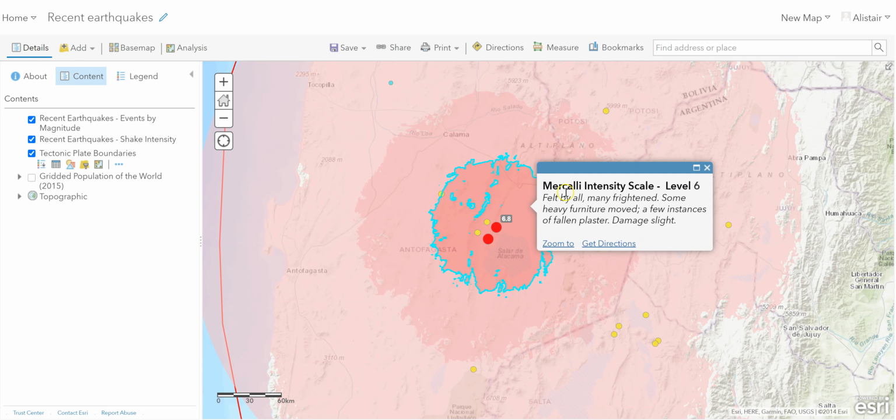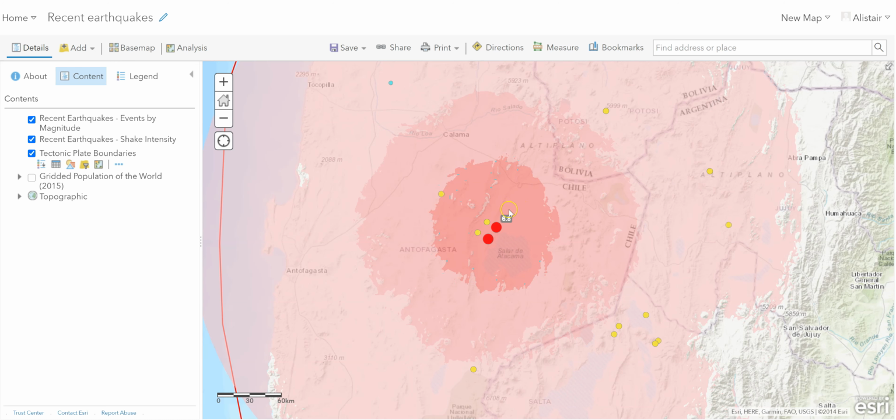Again, we can click on this and it tells us the Mercalli intensity scale, this is a 6, and it gives that description that the pupils can read to get a description of what it would have been like to have experienced that. Damage is slight, but it would have certainly been felt, and things would have fallen down in the house. Now, this is in Chile, near the Atacama Desert, so I wonder how many people are actually living